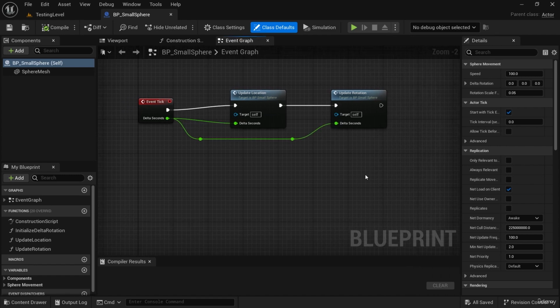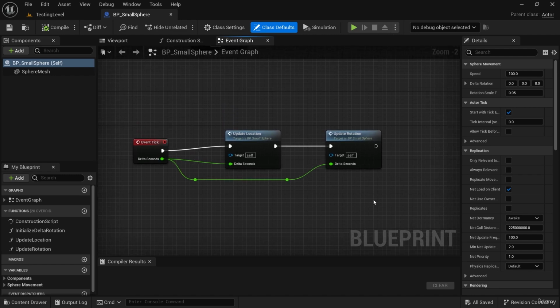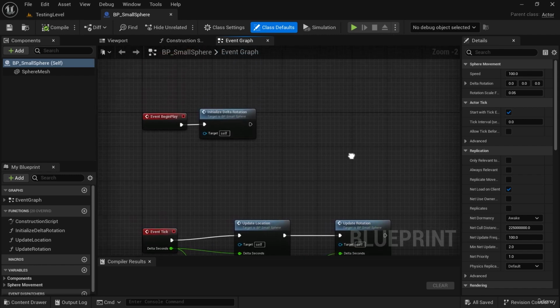Now, we've already learned about interpolation, and that is one possibility. We could interpolate its size down to zero after a certain amount of time. But what I'd rather do is use a new concept called a timeline. Let's see how the timeline works. Let's say that our sphere is supposed to wink out of existence or simply shrink down to zero after a